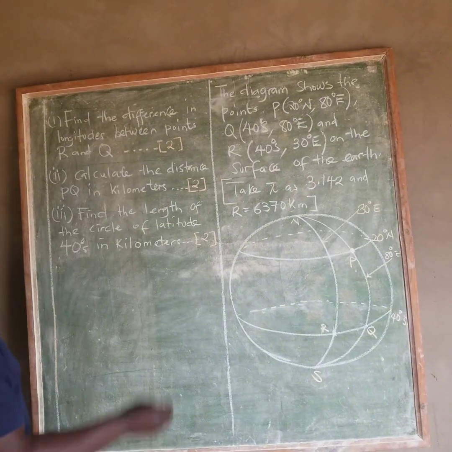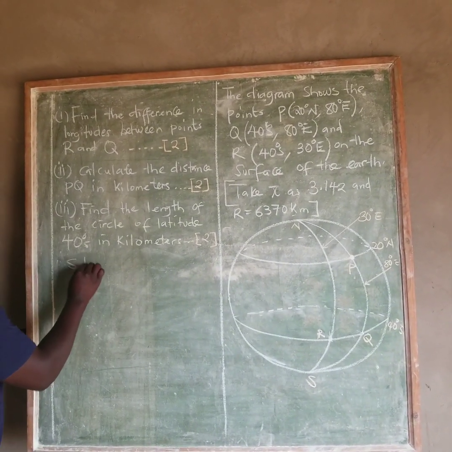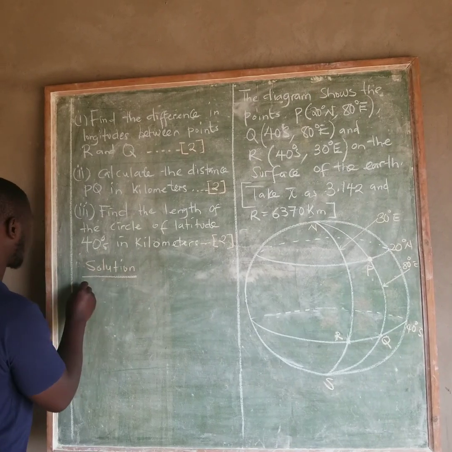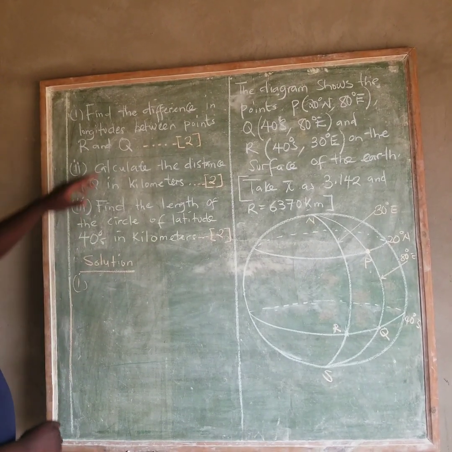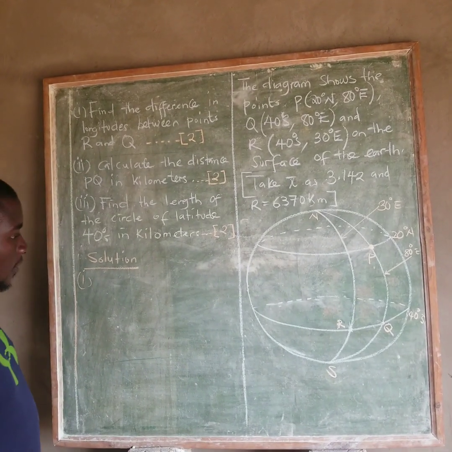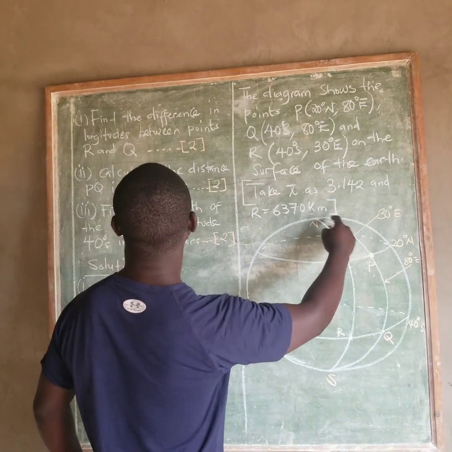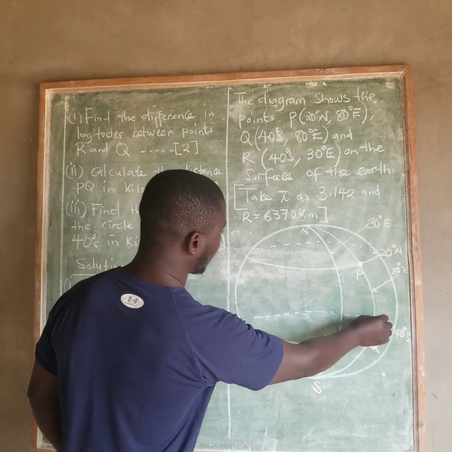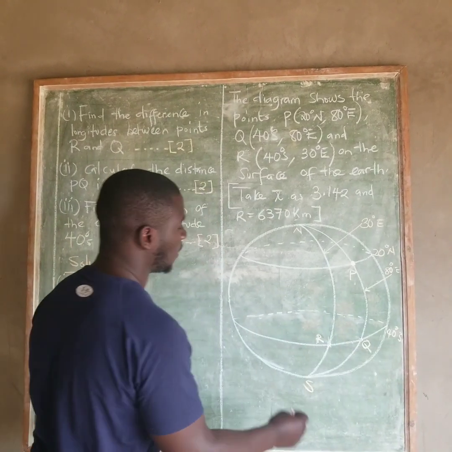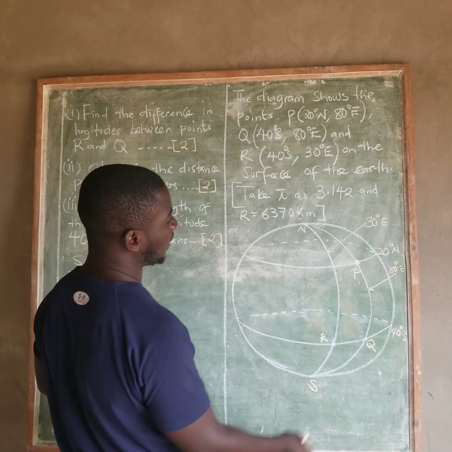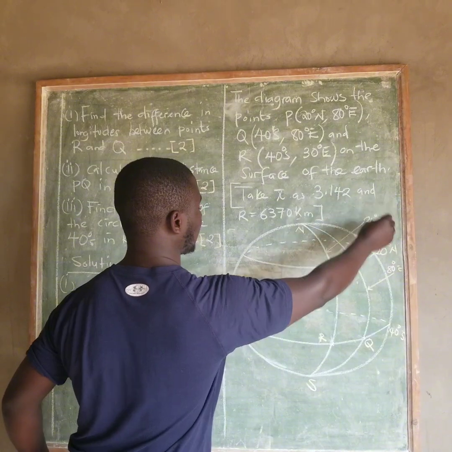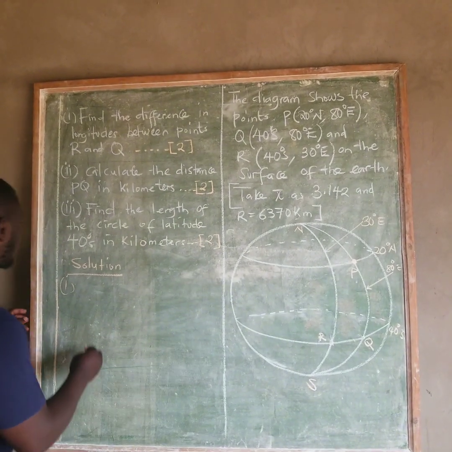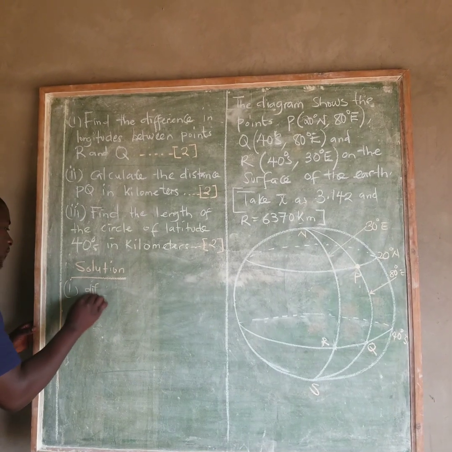So the first one, solution. One, difference in longitude. So for longitude we're here, RQ. I have this longitude and this one. Now the difference between the two. What do we consider? We consider the points 30 and 80 degrees east. They are the longitudes that we have. So that one is going to be the difference